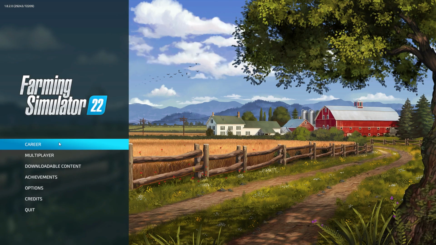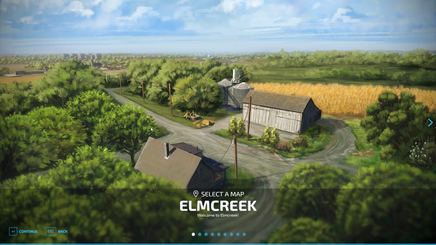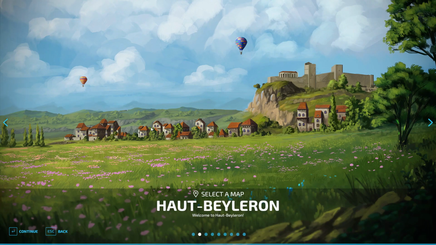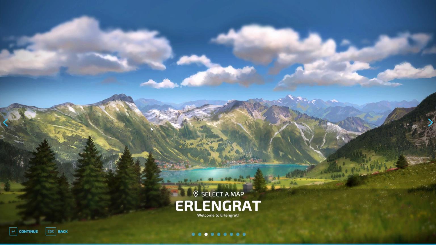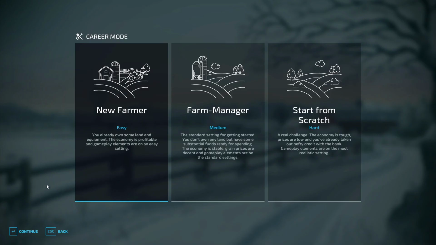So what's going to happen now, they start a new game and they're going to go in here, Elm Creek, that's your first map, Wood Belleron, and then they see Ellengrad. Now Ellengrad, it looks like it's my mod map, but it's not. This is the in-game one. So if I go to that, here I find my mod map Alpine. You see, so they don't realize, in their mind they think they've used the Alpine, but you must look for the actual one. So I always give the guys the tip of,